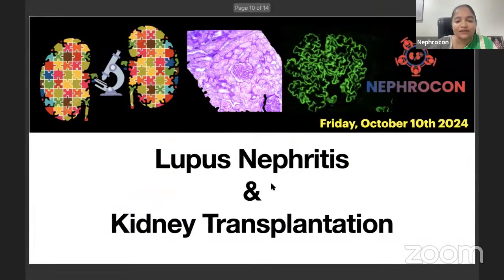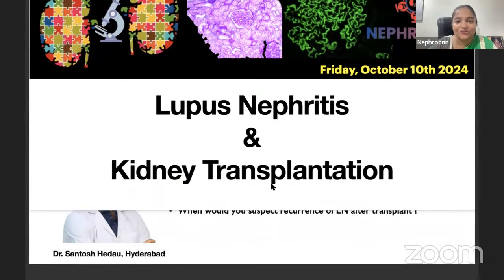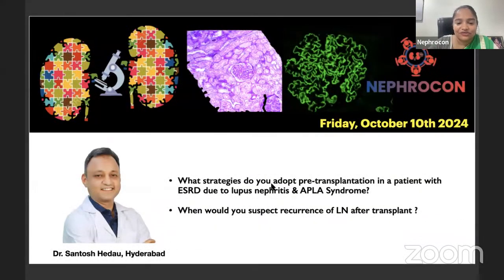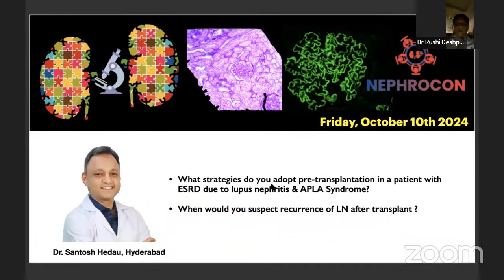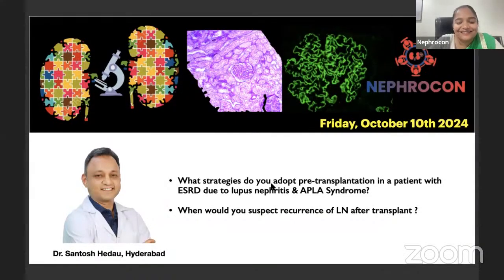So we'll now discuss lupus nephritis and kidney transplantation. And again, I'll now ask Rishi sir only as my first question. Rishi sir. We'll go to Santosh first. I don't mind. Okay, all right. So, sir, what strategies do you adopt pre-transplantation in a patient with end-stage renal disease due to lupus nephritis and APLA syndrome? Okay. So see, usually in autoimmune diseases, there is always a discussion about whether we should wait for